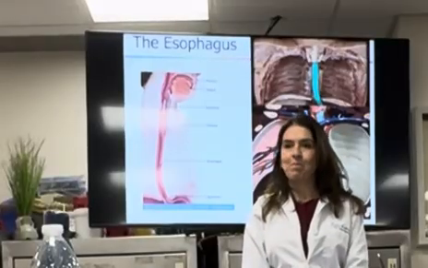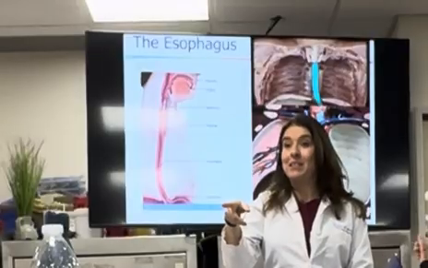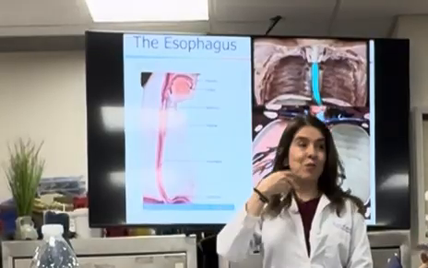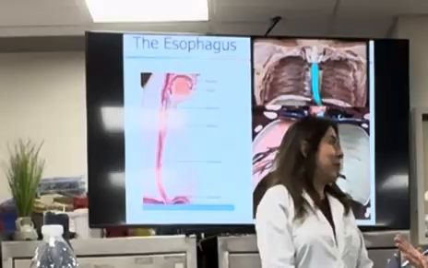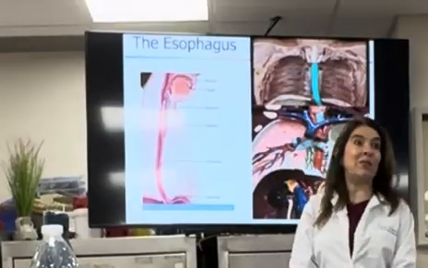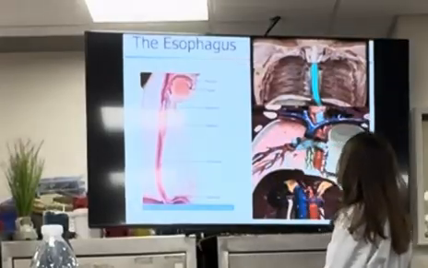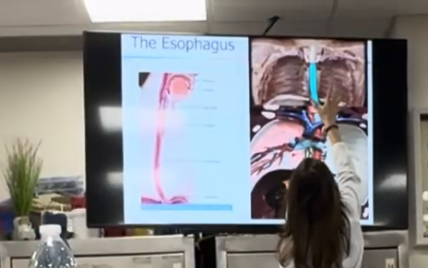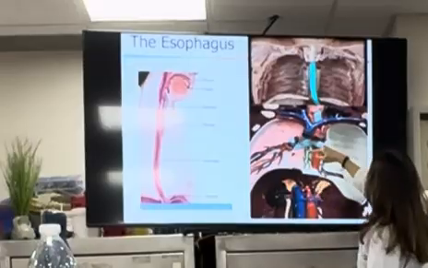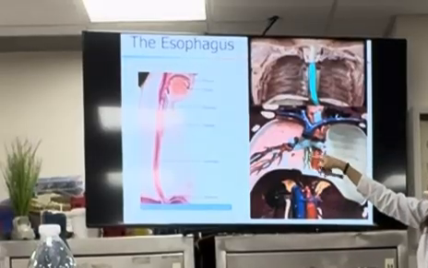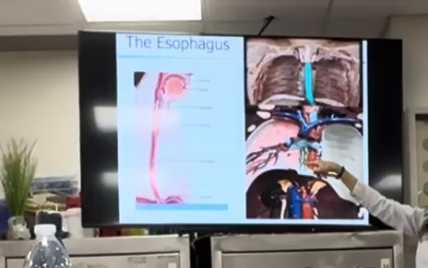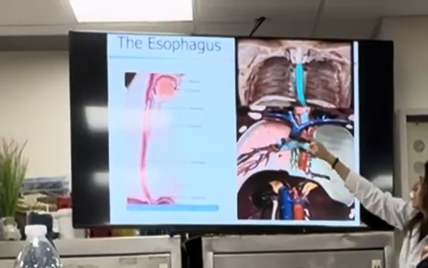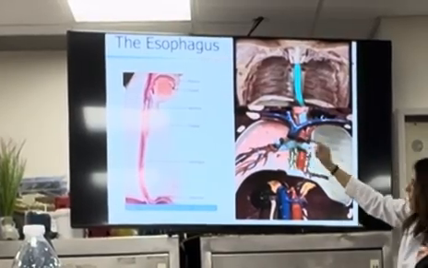To empty it to the stomach. It prevents gastric acid from flowing back to the esophagus, right? So it prevents the reflux, right? That's what the lower esophageal sphincter does. So here you can see the whole esophagus in the cadaver, in this light green tube, that would be the esophagus. Okay, so that's the esophagus in the cadaver, this is the esophagus